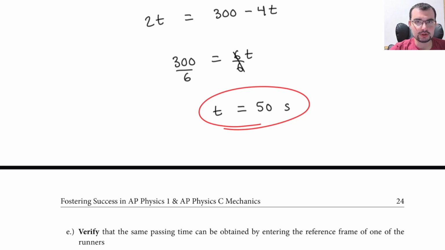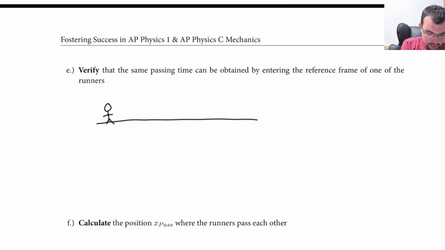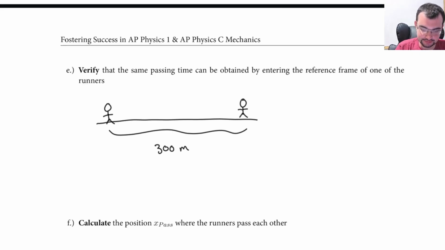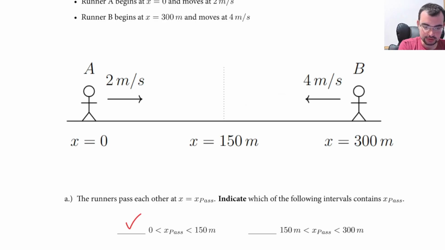So it is possible to do this sort of linear systems approach, but since we've been talking about reference frames, I actually put this problem down here because we can solve this by entering the reference frame of one of the runners. What I mean by that is if I am in A's frame of reference, I think that I'm not moving. If I'm runner A and I'm in my frame of reference, I think I'm not moving. But what I do observe is runner B,